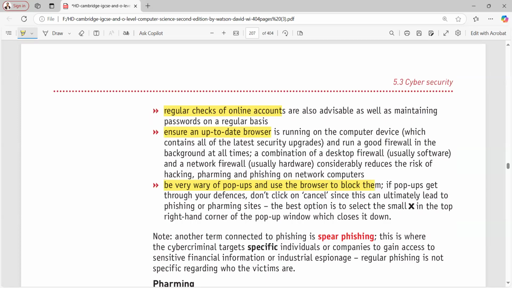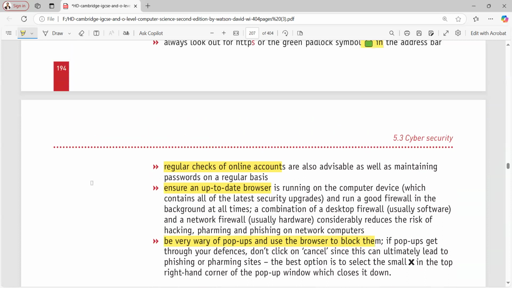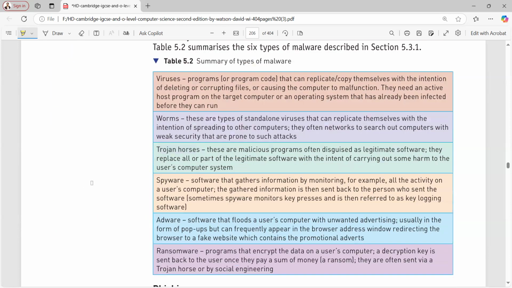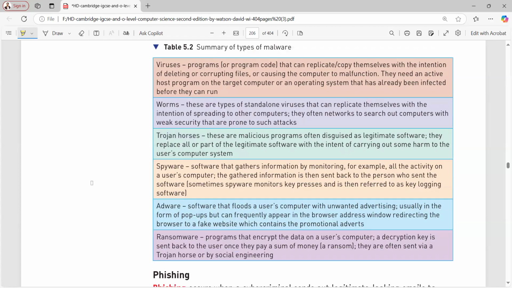Can you explain ransomware one more time? Okay, so what happens in ransomware is that if it infects your computer, all the files on your computer system will be encrypted with an unknown format that is not openable, so you cannot access your files.